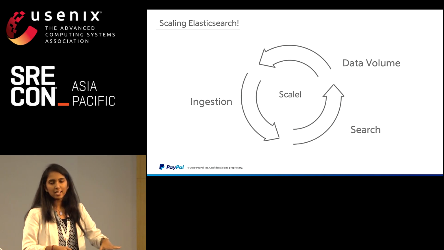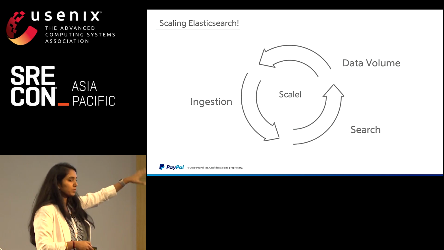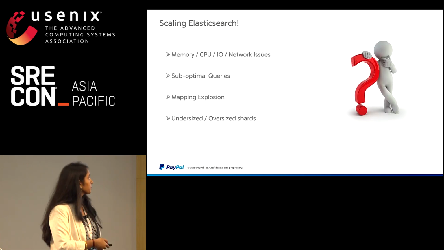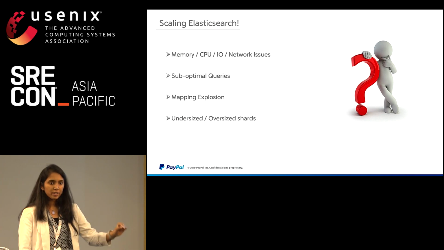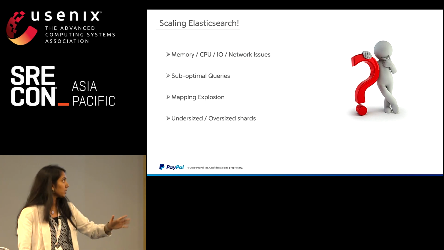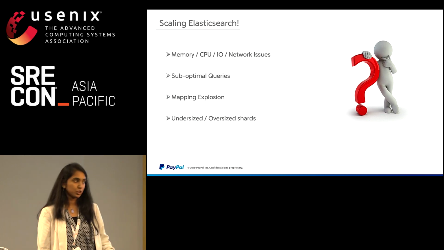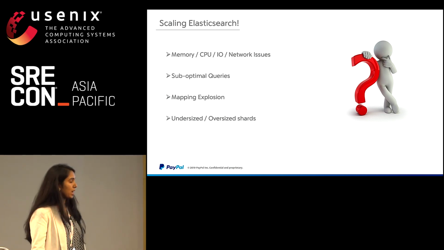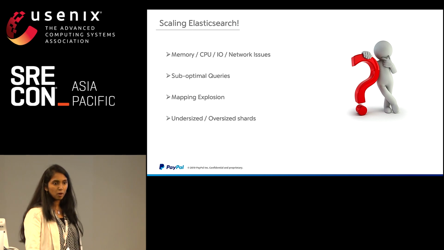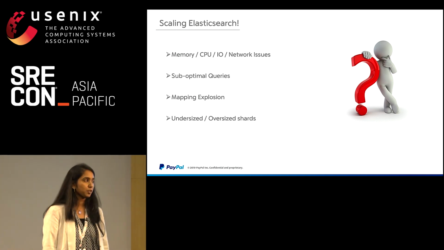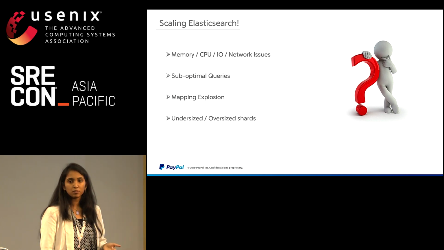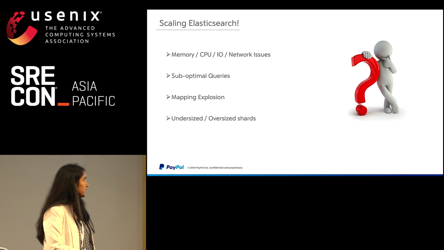In any Elasticsearch use case, you should have faced one of these 3 problems. And a very common problem once you start scaling, as Vikram was telling, is that it is very simple to set up a 3-node cluster in your QA or local environment. But once you productionalize it, you would have faced one of these 4 things for sure. You would have landed into memory, CPU, or IO issues, or into suboptimal queries, which is a very common problem. There could also have been some mapping explosion, or improper shard configurations that you have given. Let's go into the details of each of these to see how we handled these use cases at PayPal.